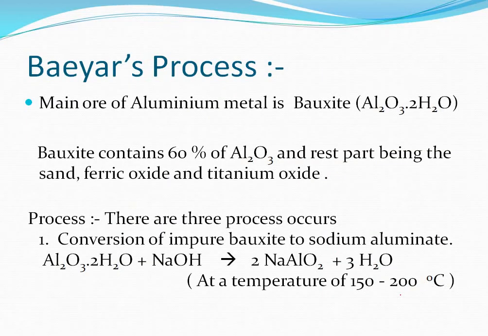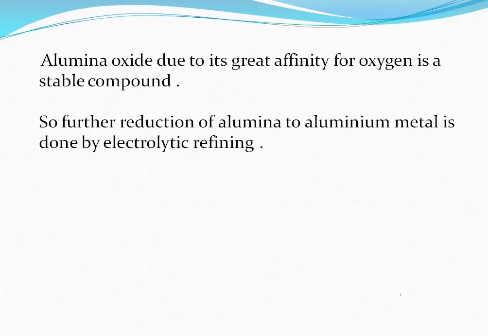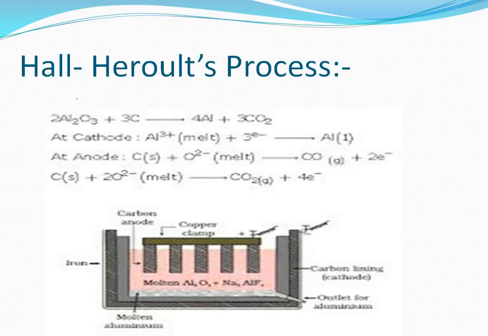So to get the pure metal aluminium, we are doing its electrolytic refining, and we say that removal of oxygen atom is the process of reduction. So we are removing the oxygen atom from the alumina, and that process is known as reduction of the substance. Okay, now for the reduction process, we need another process that is called the Hall-Heroult process. Okay, we are using this process.